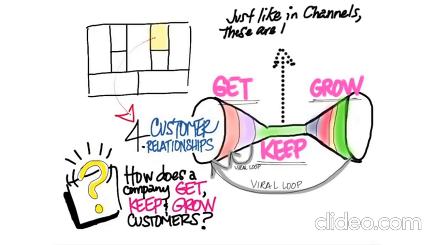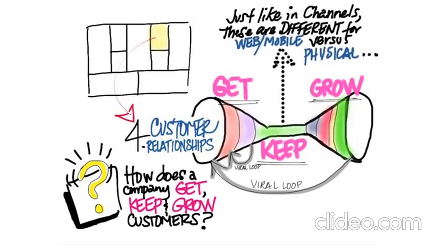So let's just take a look at quickly a web example. In getting customers, you're going to be worrying about how do I acquire them? That is, how do I get them even to my website? How do I activate them? That is, how do I make them do something? And then later on, we'll see after I got them, how do I keep them around? That is, how do I not lose them through attrition and churn?